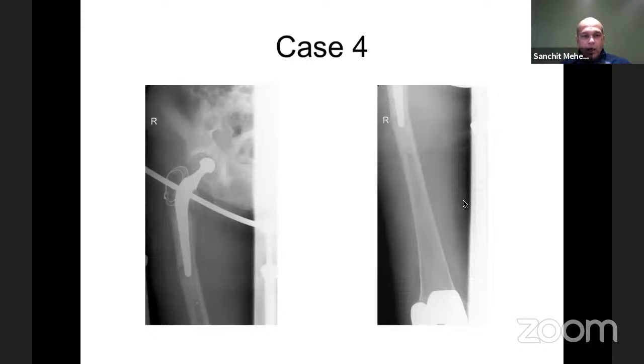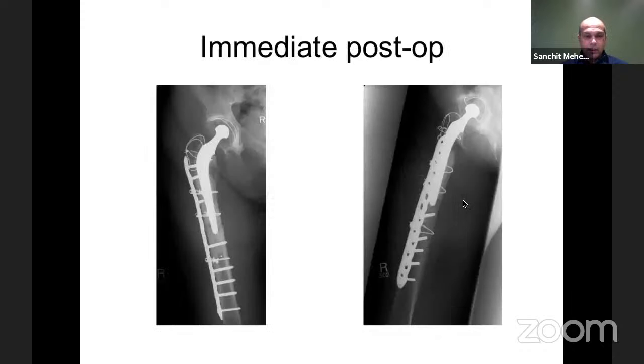And then there are times when things don't go to plan. So this is the sort of B1, B2 controversy. Similar fracture, but this is a much older case. You can see that it's a Charnley type stem with the transtrochanteric approach, and the fracture is transverse around the level of the tip of the stem with a distal knee replacement. So the choice was rightly made in that scenario, you could argue, in the first instance, to fix this.